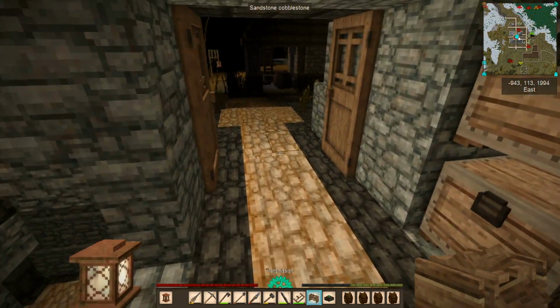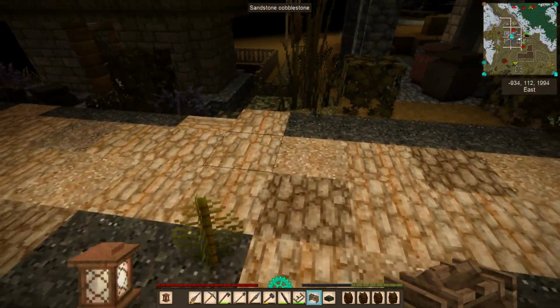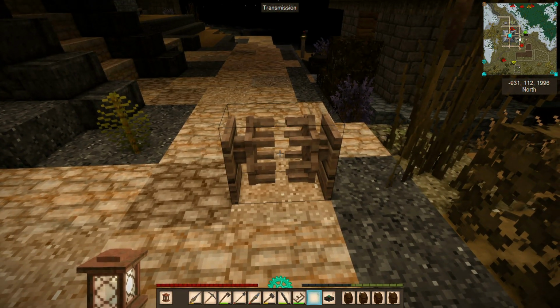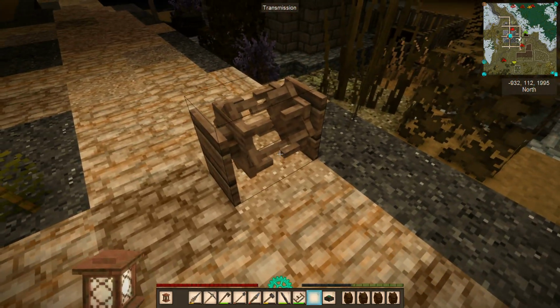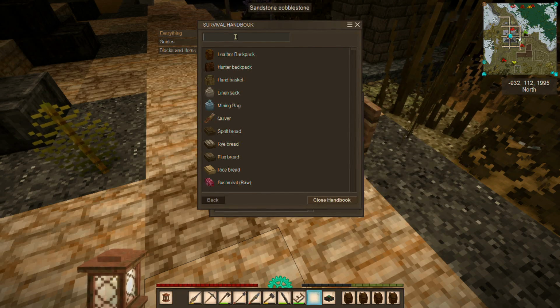Now this thing has been available in the past, but it's never functioned until this version. So we place it down, we can see there are 2 gears that are going together on it. Now we need something to connect between those, and that's where the clutch comes in. So if we search for the clutch,